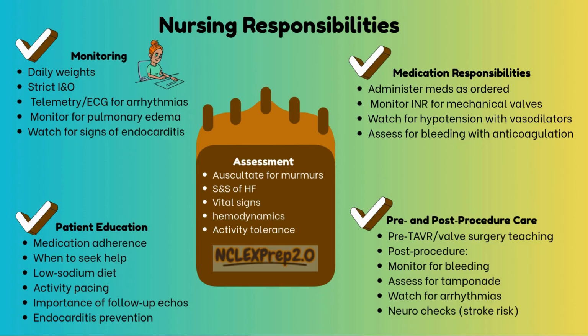Also, we are going to be monitoring daily weights for the patient. First thing in the morning after they pee, we check their weight. We're going to keep a strict ins and outs, measuring whatever they take and whatever they pee. Telemetry for arrhythmias, monitor for pulmonary edema, watch for signs of endocarditis because endocarditis is an inflammation, so you'll see